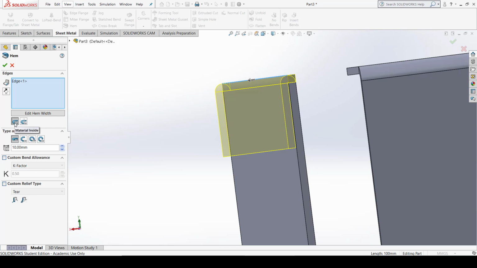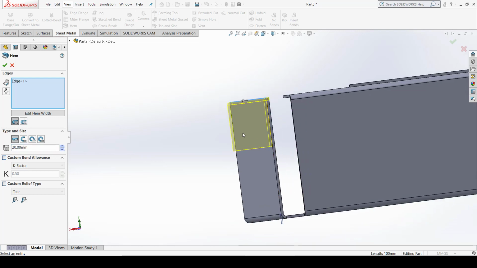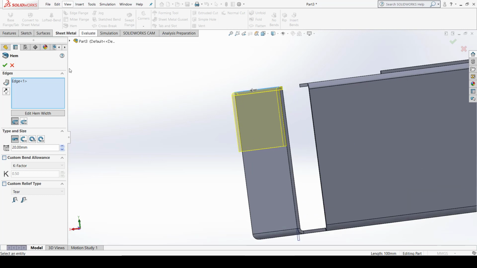The definitions are similar to your edge flanges, so no need to worry. You can define the distance of the edge flange. Let us say it should be 20 millimeters. Enter. So you can see it moves downwards. So this is how your edge hem is created.